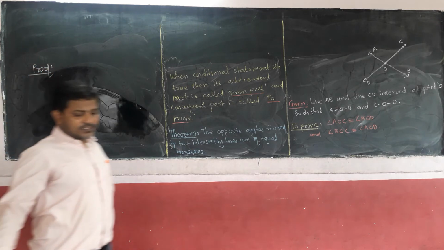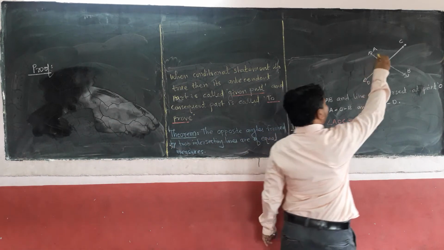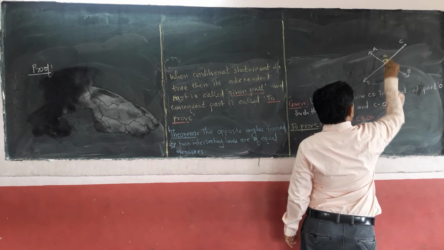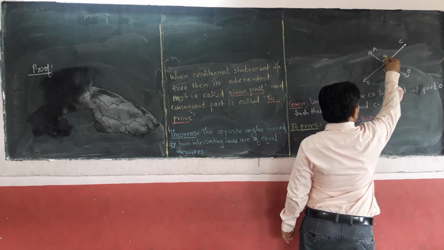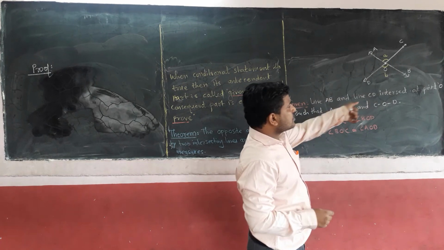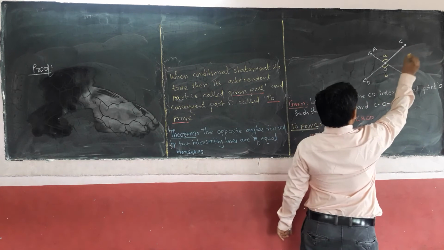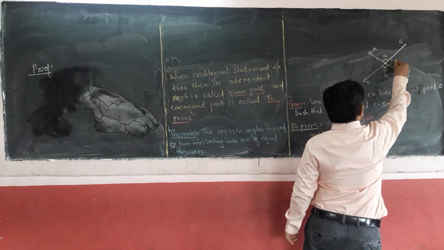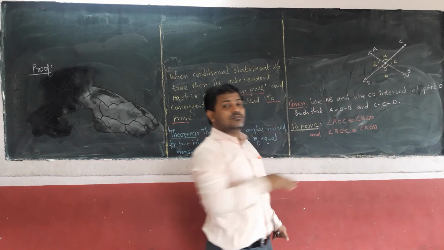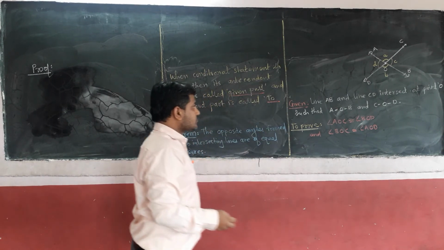To prove this result, what we will do? For your understanding, I will give these angles a small letter. Let us consider this angle is A. Measure of this angle is A, and measure of this angle is B. AOC is A and BOD is B, and this angle is C and AOD is angle D, so that our proof will be very easy. Got it? Now what we will do?